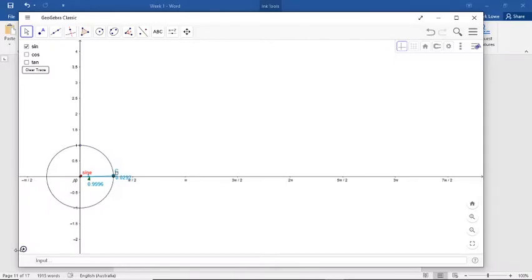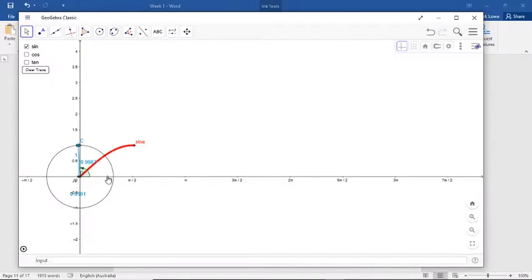I'm going to press play, and you'll see this angle is going to increase, and it's going to work its way around the unit circle and see what happens as we graph it. It's going to be graphing the y value, the y coordinate of this point, as it works its way around the unit circle. You can see it working its way up. We'll stop there. It started at this value, it's gone all the way up around here, and this red line is the plotting of the y value of this point as it works its way around the unit